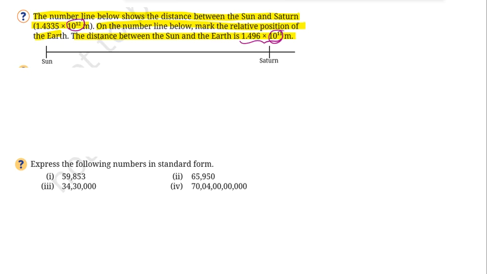Because sun और earth का distance 1.496 है. तो अगर मुझे relatively एक position बनानी है, so I may place my earth over here, right? And I can say that the distance between the sun and the earth would be 1.496 into 10 to the power of 11. और अगर मैं इसको 10 times और multiply कर दूं, then I will get the distance of the sun and the Saturn.